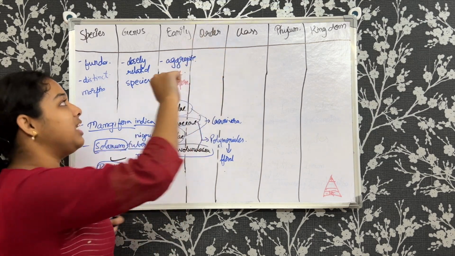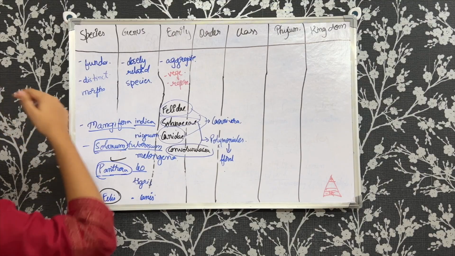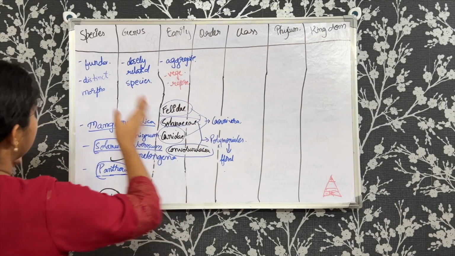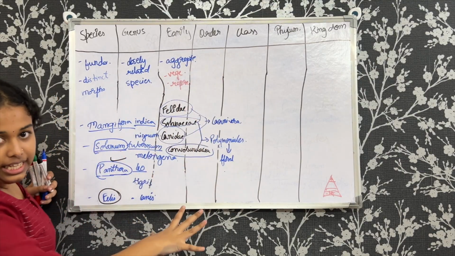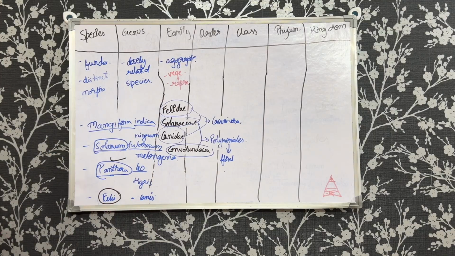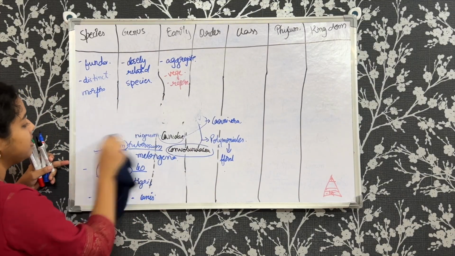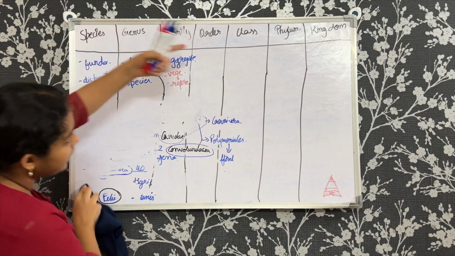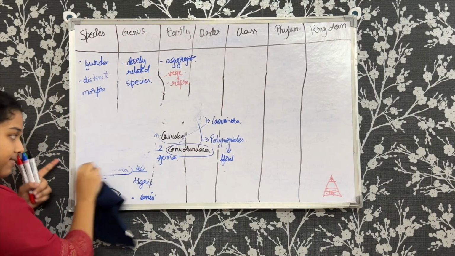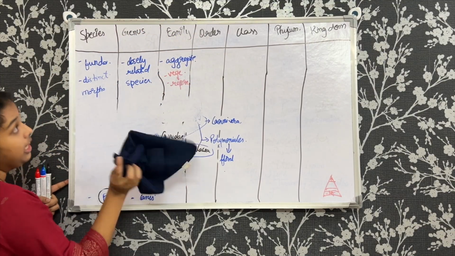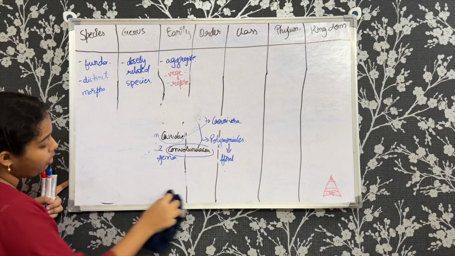Now let us talk about class. And since most of the examples here continued up until order, I have retained them. Now let us clear up this part so that we can talk about newer examples here. Okay, when we come to class, it's a very simple definition again, that is, it is an aggregate of different